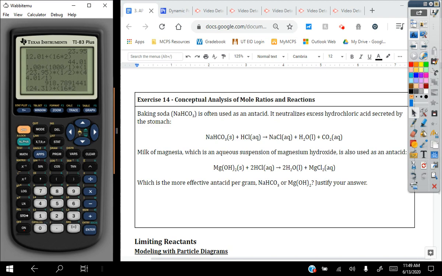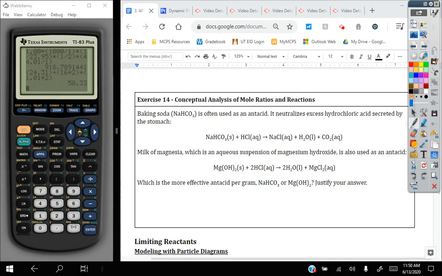16 times 2 for your oxygen, plus 1.01 for your hydrogen times 2. So I have a molar mass of 58.33 grams per mole. And then for sodium bicarbonate, I have